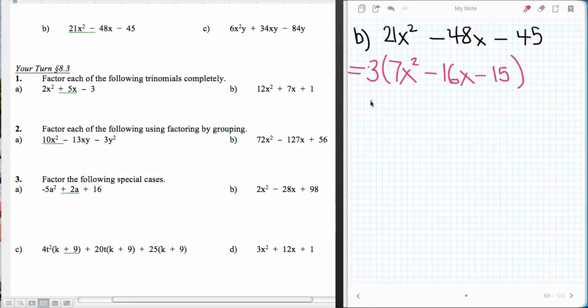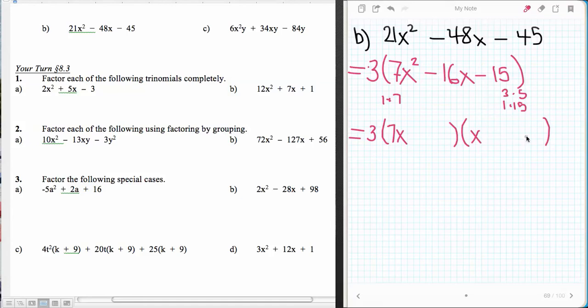And then we can do one of two things. We can either do the factors of 7 as 1 and 7, and 3 and 5, or 1 and 15, and factor it that way, or we can multiply 7 times 15 and then find all the factors there. We're going to find, I think, that it's actually easier to do it the traditional way, because 7 is a prime number. So I'll get a 7x here and just an x over here, and then I have to mix and match the factors of 3 and 5 and 1 and 15